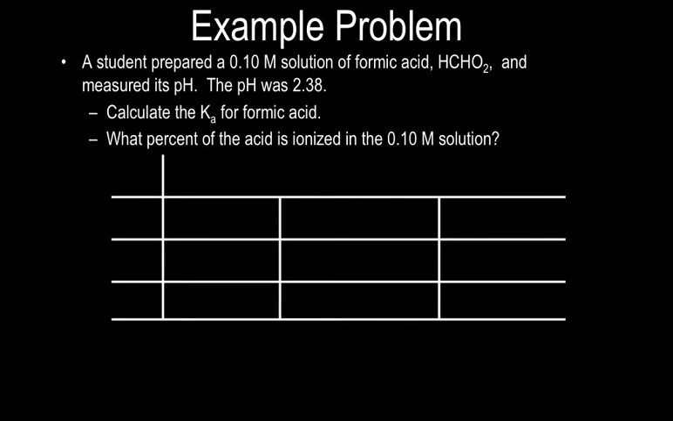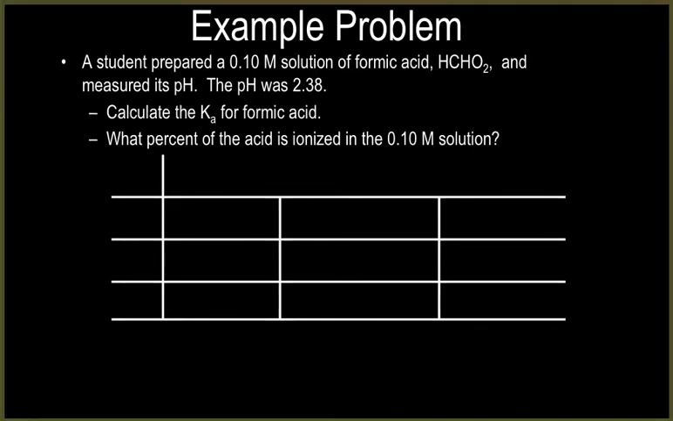Okay, so let's look at this. This is actually the same example that we looked at first, but we're going to go ahead and work through it just so you can see how this all works out. Okay, this is our ice table. So formic acid was HCHO2. What we're doing here is we're going to break this into H+,